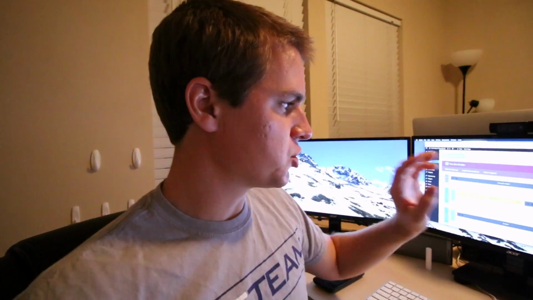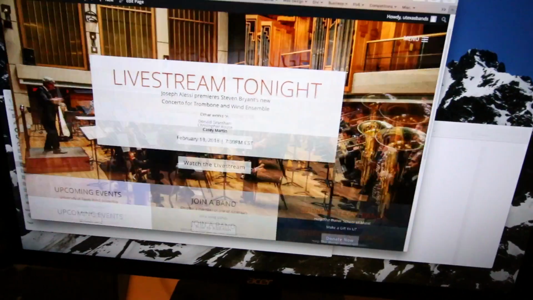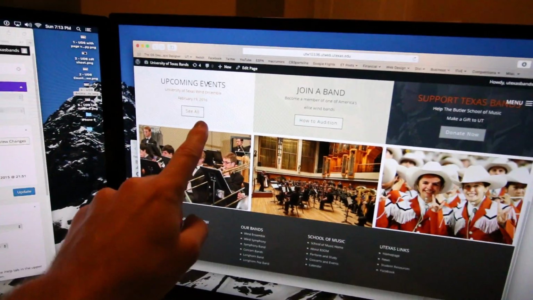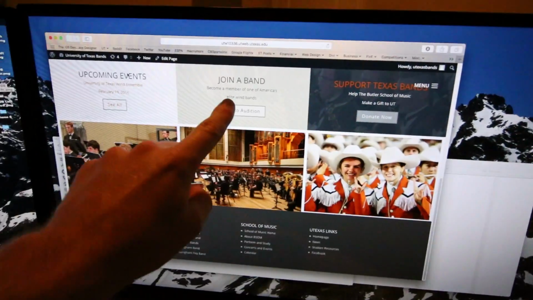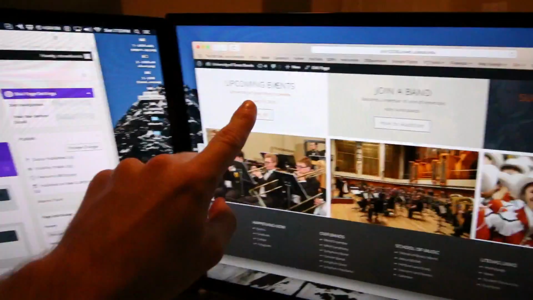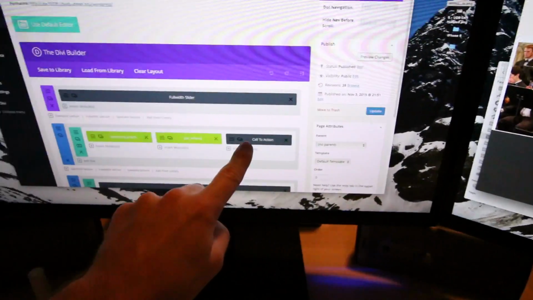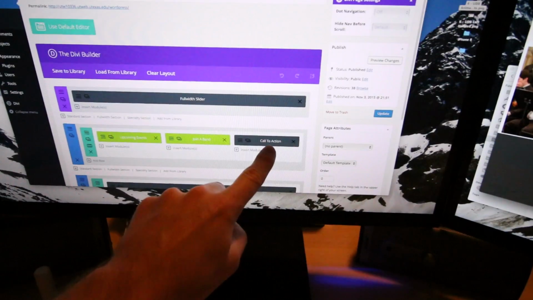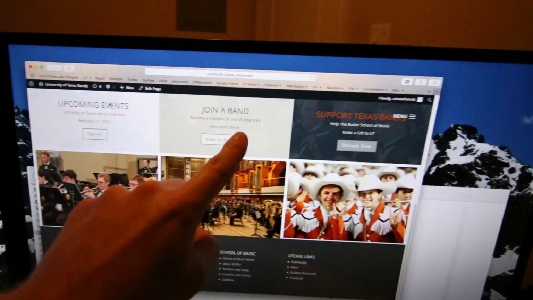Jumping into the University of Texas Band's website right now, my number one thing that I'm going to start working on right now is making sure that the items that we use on several pages are global items. Here's what I mean by that. When you look at the actual page, I use these little modules, so things like upcoming events, join a band, support Texas bands. These are where they are in the builder, and I'm going to make these global, which means